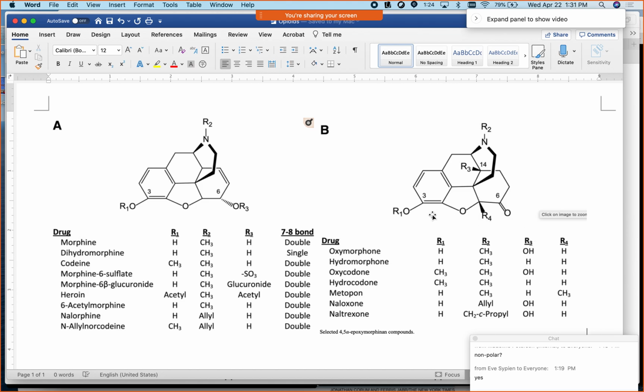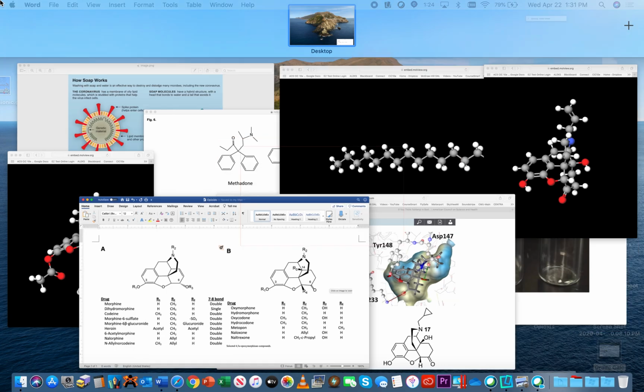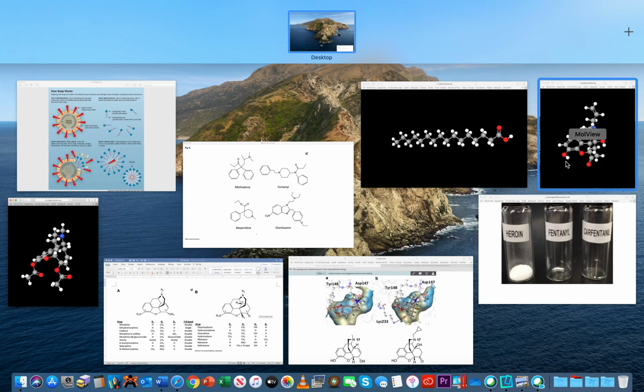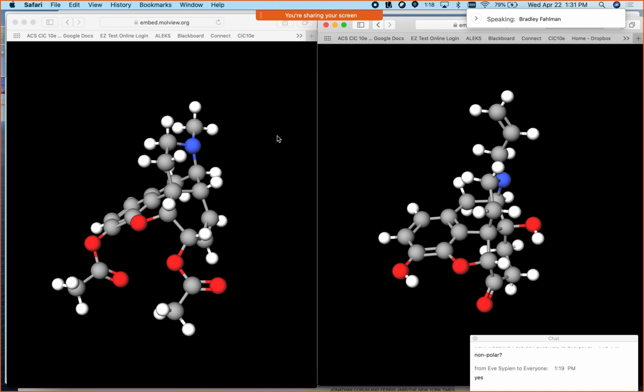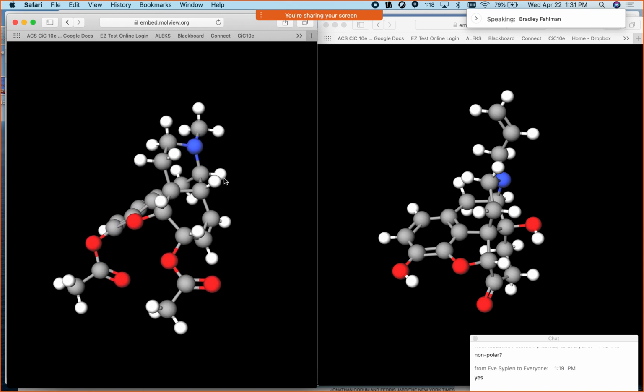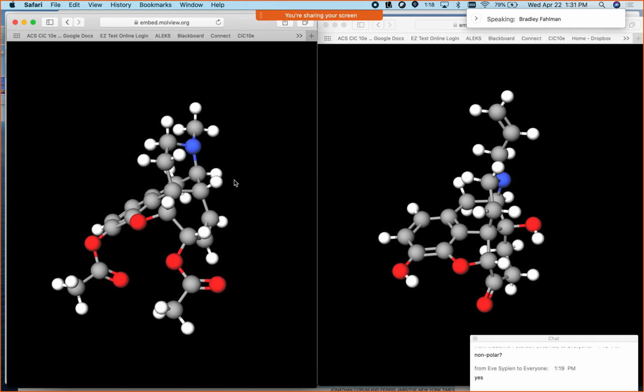Okay, it's kind of hard to visualize, but these dashed or darker lines mean that all this is on the plane of your computer screen, and then this is coming out at you. But there's something called MolView, molview.org, and this is something for your classrooms to incorporate as well, because what's really nice is you can move them around. And so this on the left is heroin,